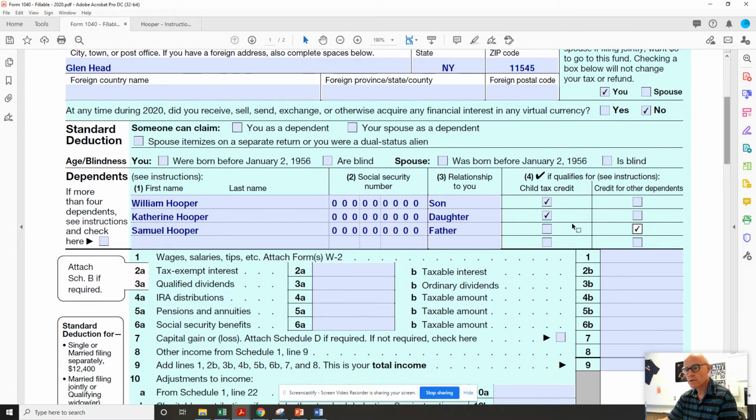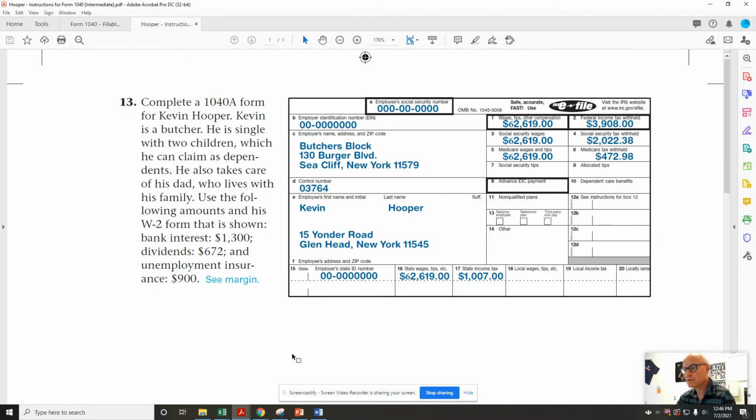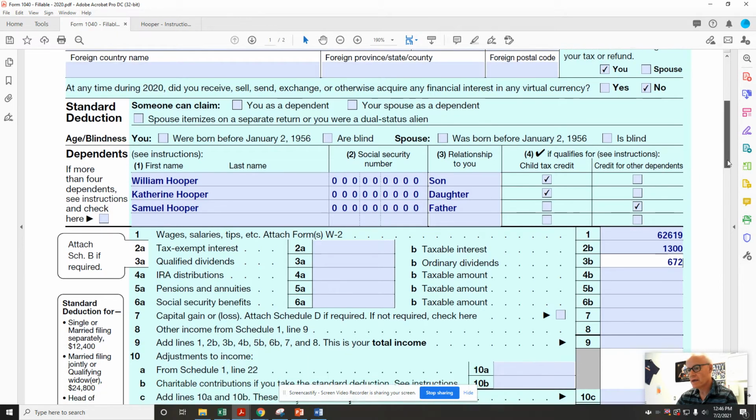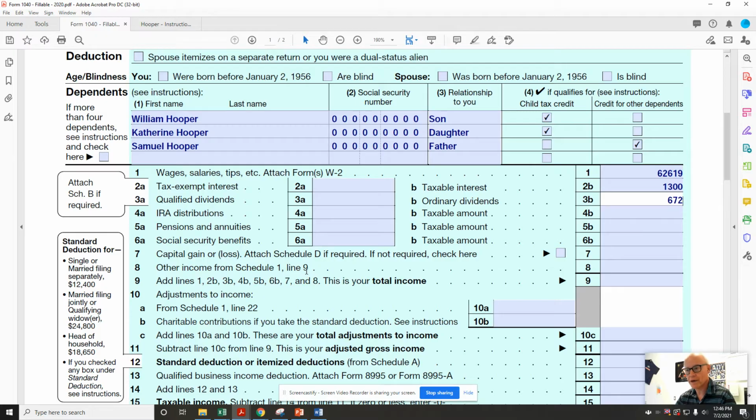Okay. So wages, salaries, tips. Here's his W-2, 62619. He had bank interest, dividends, and unemployment insurance as well. So 62619. Whoops, let's put the right number in there. 62619 in wages, salaries, and tips. Taxable interest, as the thing said, $1,300. Ordinary dividend, $672. Now, I'm not going to show you Schedule 1, Line 9, but that's all of the other